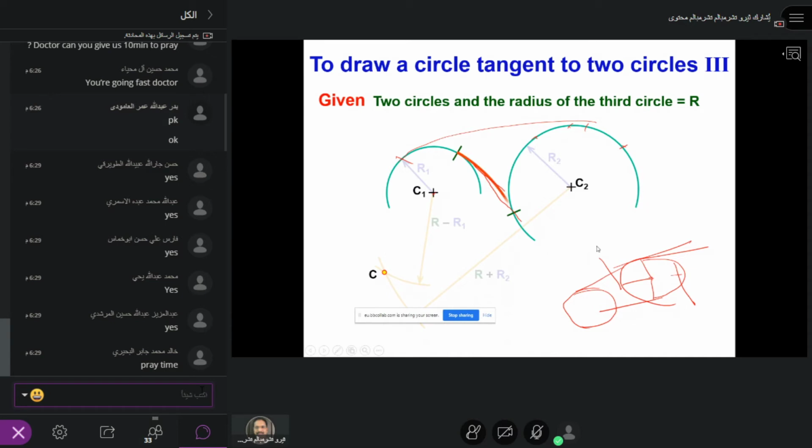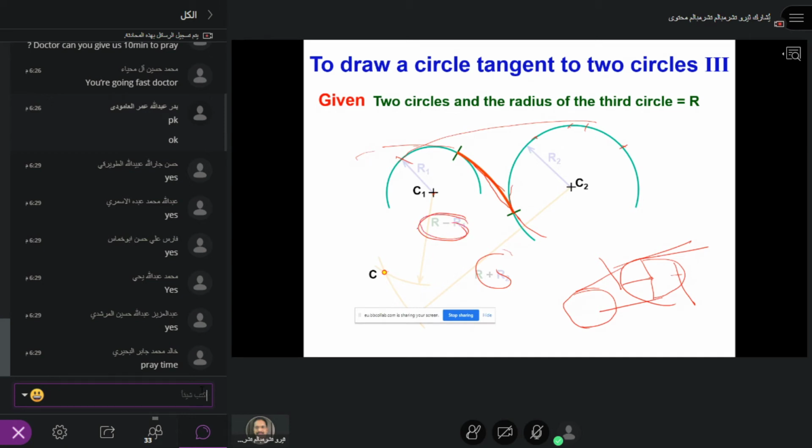Now join this. So now you see here, the tangent to this C1 and C2 are set at the same position. So you can simply join it by taking this as the center, and from here you can make an arc. So in that case, the difference is when you make R minus R1, this circle is inside the arc. R plus R2, this tangent is outside the circle. That's why we are combining it into two. Do you understand what I'm saying?